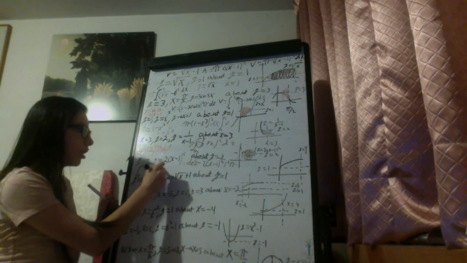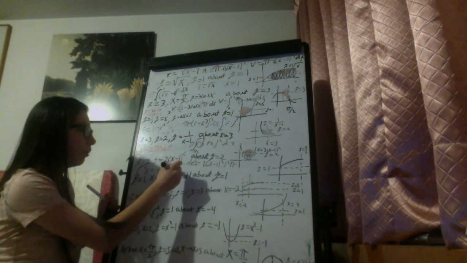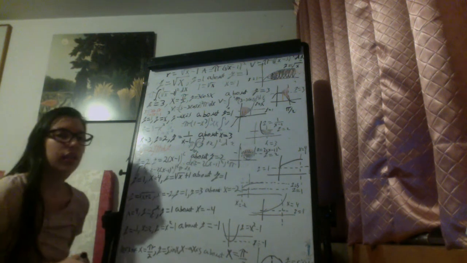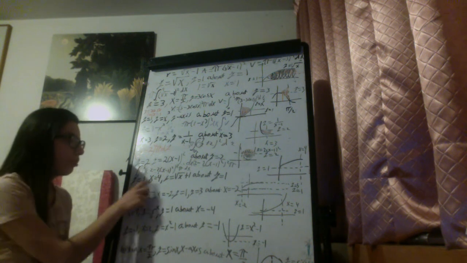Of (2 minus 2 times (x minus 1) squared), all this squared, pi dx. This is our volume. The next one, the region enclosed by y equals 1, x equals 4, y equals the